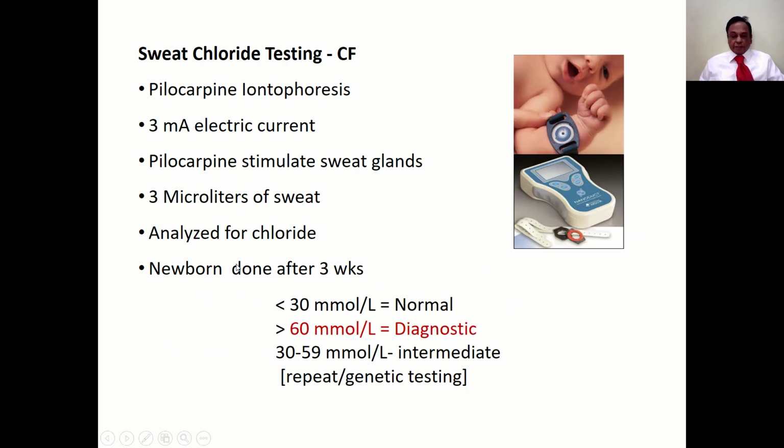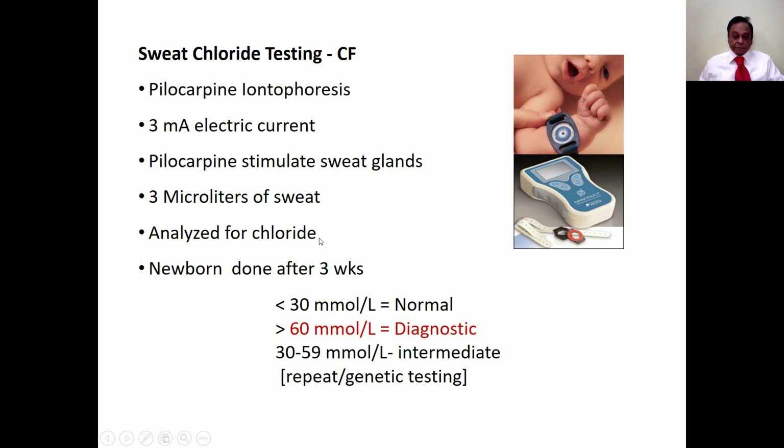Coming to the first test, I already said of all the tests that pilocarpine iontophoresis is a very important test. It's a very simple one. What they do is simply pass a small amount of electric current, 3 milliampere, that carries pilocarpine in and stimulates the sweat glands. A very small amount of sweat, about 3 microliters, is collected and analyzed